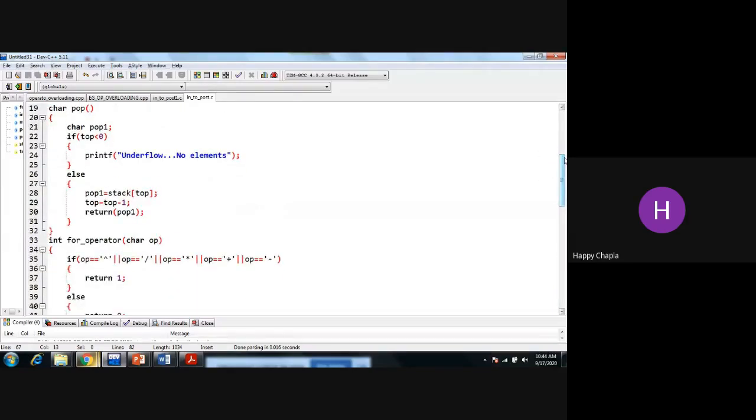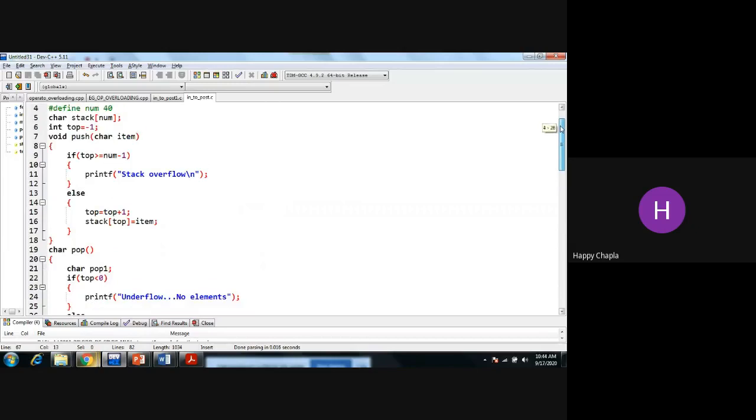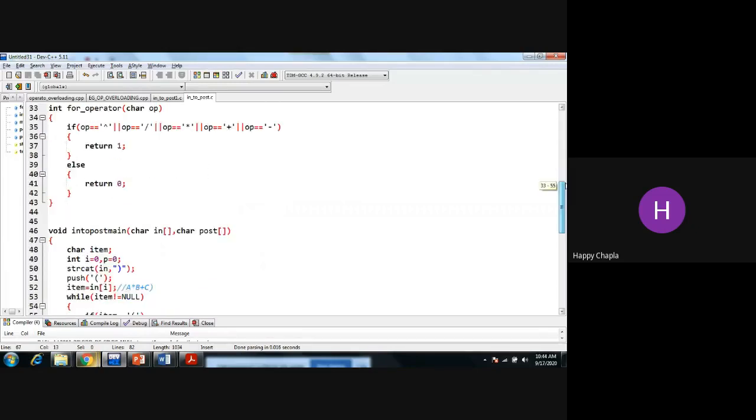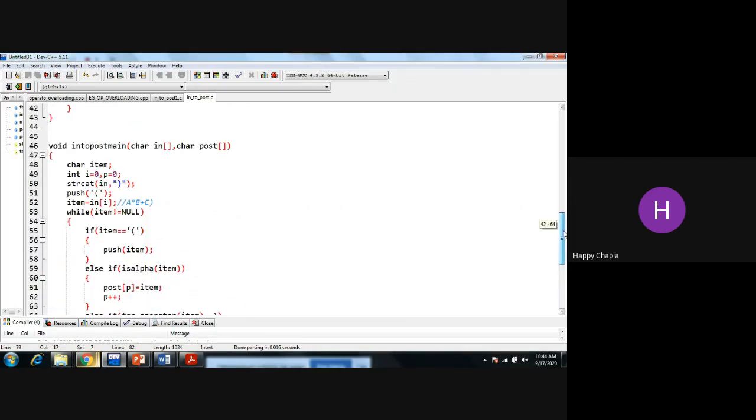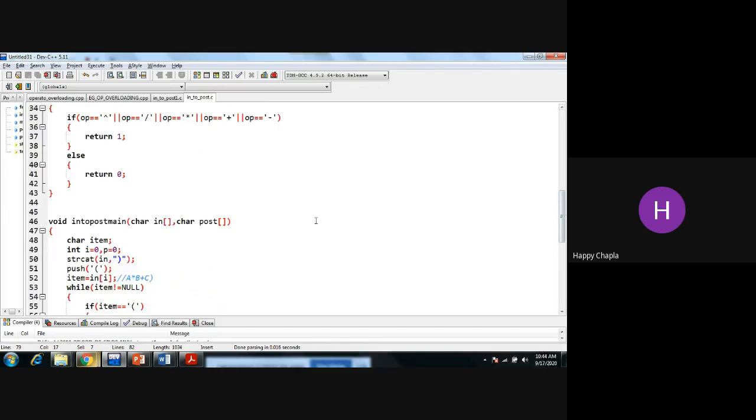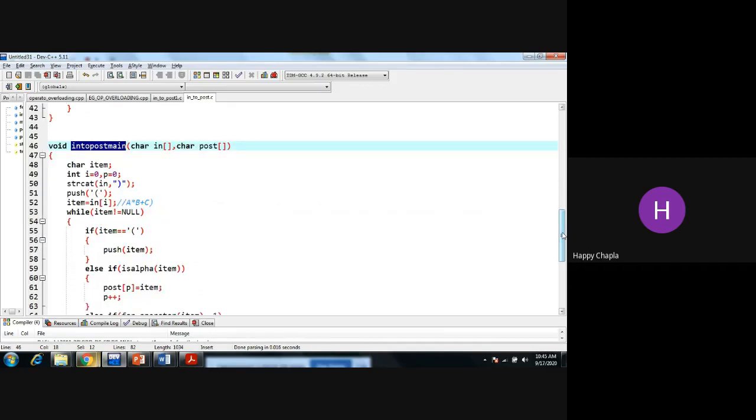Okay, so till now what we have completed. First thing, we are implementing two arrays, one for the input purpose, another for the output purpose. First, in the infix, I'm taking the input from the user, and whatever characters get into that infix array, I am passing those characters into the main infix to postfix function. Inside this function I'm checking every condition, and accordingly I am pushing, popping, or adding into the